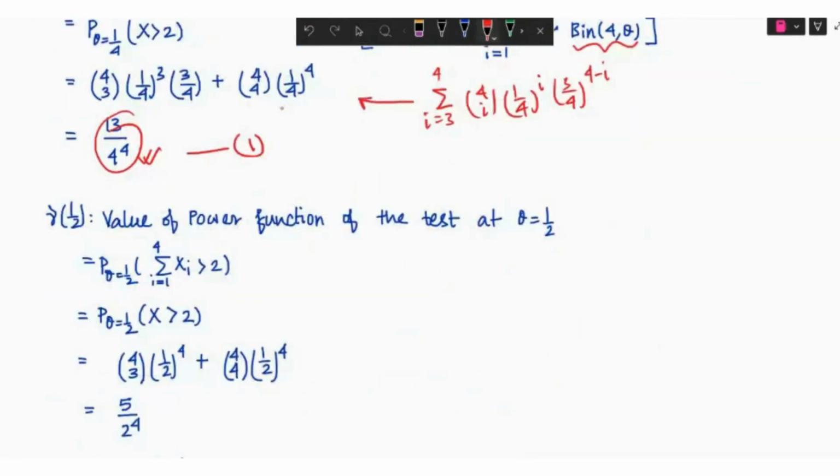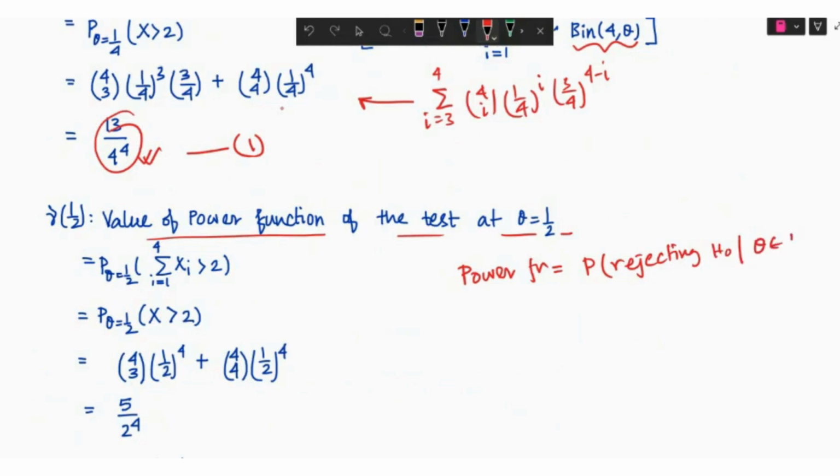Now we have to find gamma half, that is the value of the power function of the test at theta equal to half. So this simply becomes, the power of a test is the probability of rejecting H0 given the parameter space. Okay, this is the power function, and at theta equal to half, this simply becomes the probability